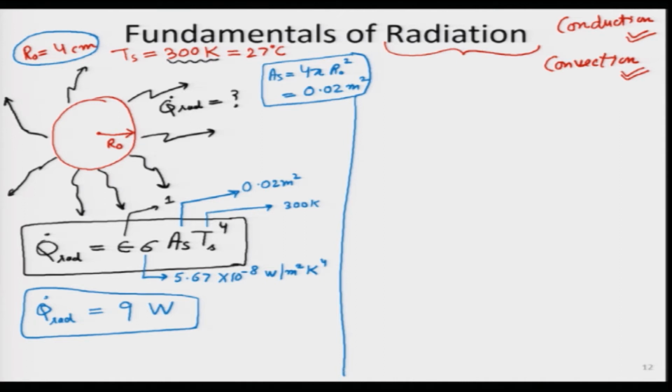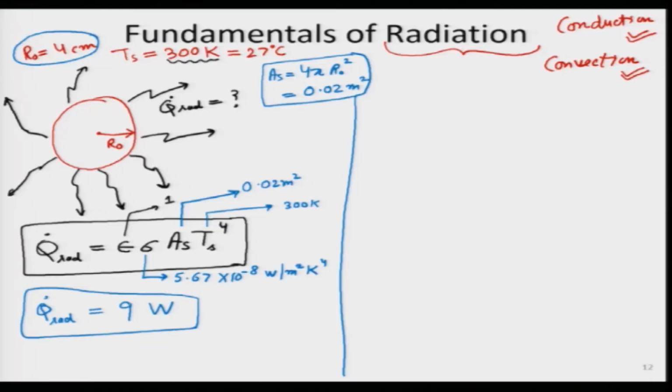So, what I am trying to say is, if I take this cup or a sphere of this particular size, take it in vacuum, this thing I am assuming is about 8 centimeters in diameter, I am assuming it is spherical. So, the rate at which it is going to lose heat energy is 9 watts, and then depending on its specific heat, we can figure out how quickly its temperature will actually change. So, what does this 9 watt value tell us? Let us play around with these numbers a little bit.